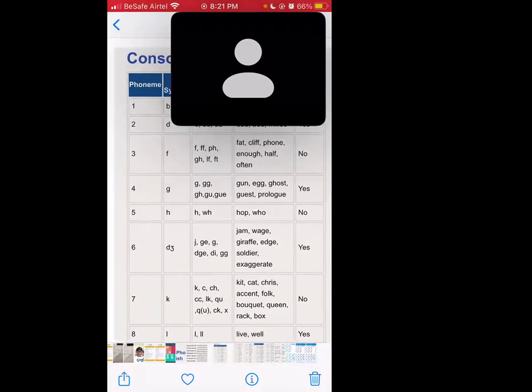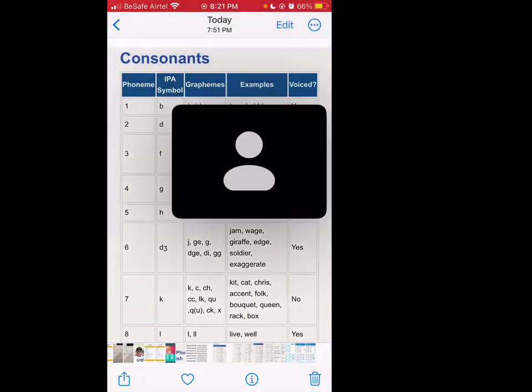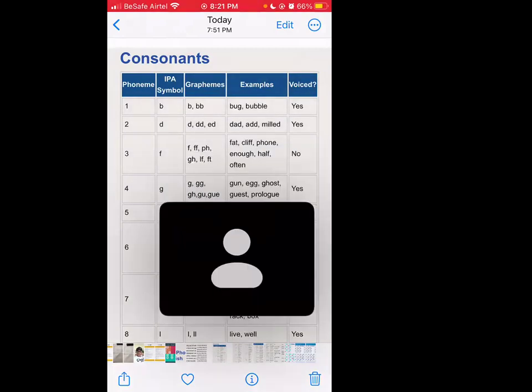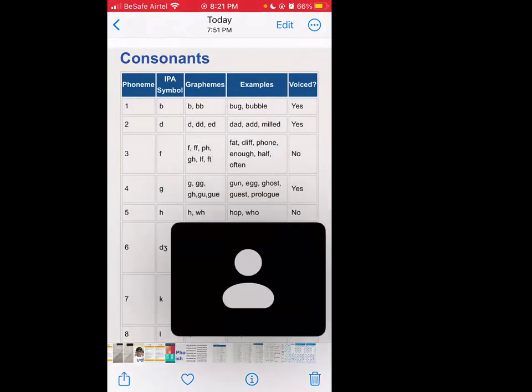Going with the first one, consonants. Okay, consonants here, like I said, we have 44. Now, I'm going to need you to listen attentively when I pronounce